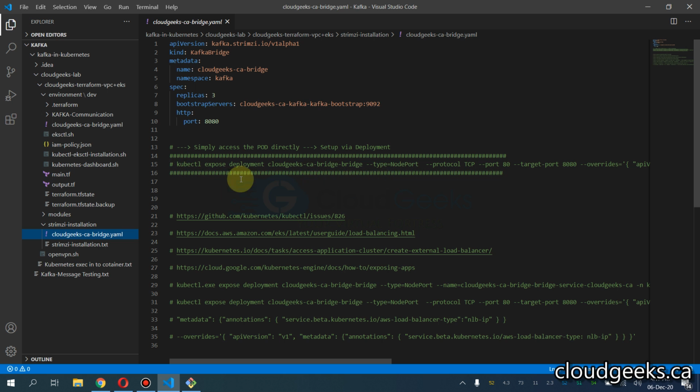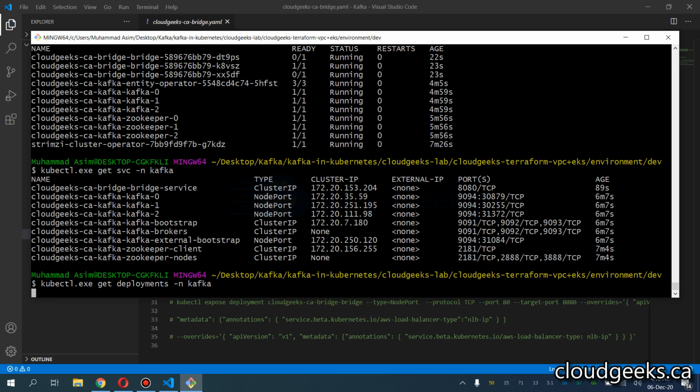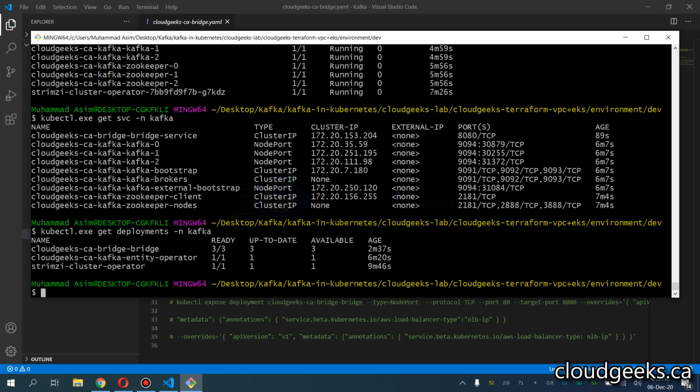So what I'm doing here is that I'm going to expose this deployment. Let me show you the deployment. I've not shown you the deployment stuff. So this is get deployments in the namespace Kafka. You will see deployments with regard to the CA bridge. So this CA bridge has, you see, three pods up and running. So I'm going to expose this deployment, although it is already exposed on the node port, but I want to expose